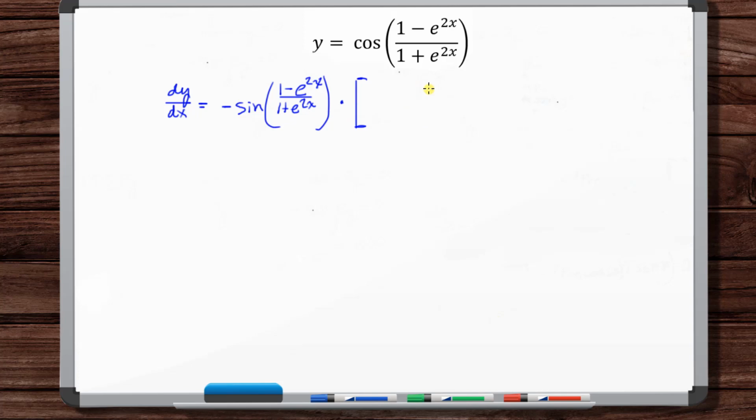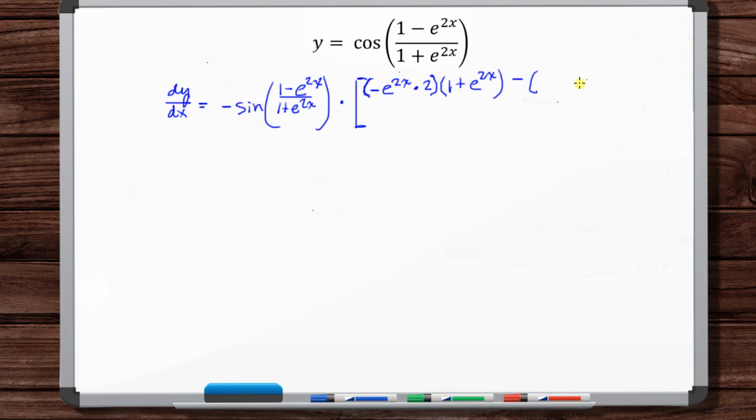So the quotient rule: derivative of the top, 0 minus the derivative of minus e to the 2x with respect to x. Chain rule again. The derivative of minus e to the something is just minus e to the something times the derivative of that something. So that is the derivative of the top, times the bottom, just as the bottom is,